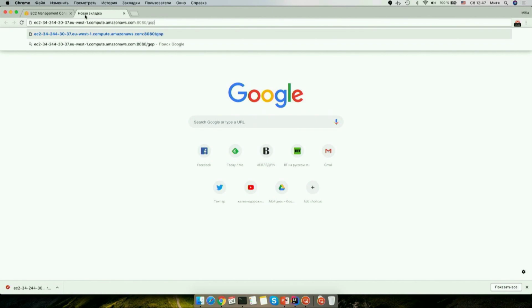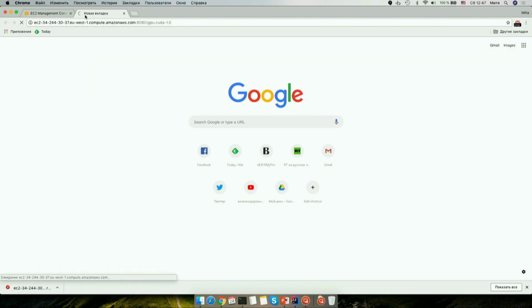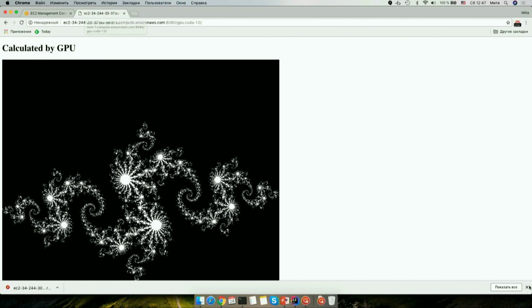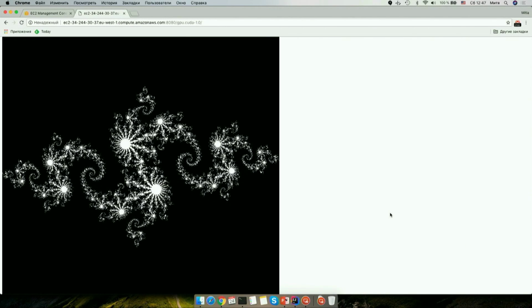I guess it's GPU.CUDA -1. And let us see if it works. It now connects somewhere in the... Ta-da! We have created a very GPU-like thing somewhere in the clouds, in Northern Ireland, I guess, and made it an enterprise app, because it's a Tomee running GPU CUDA inside. It's doing this wonderful, beautiful Julia fractal for us.